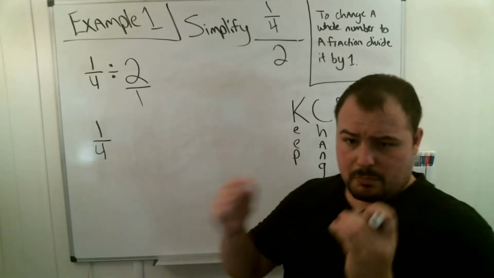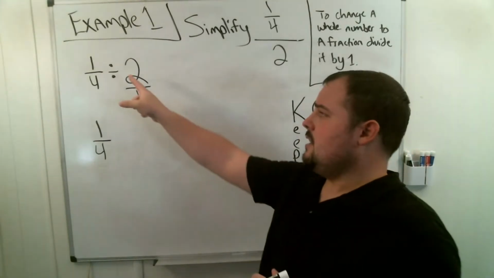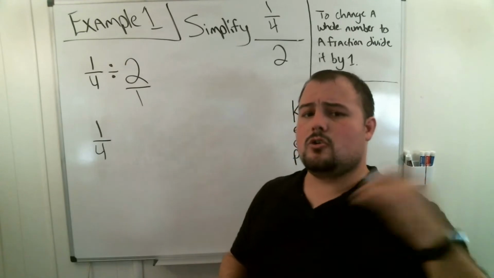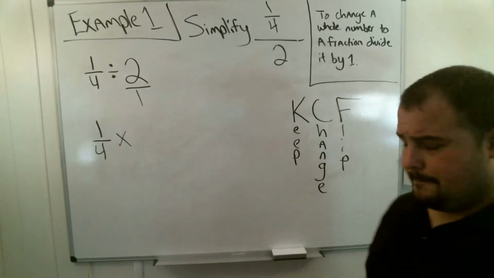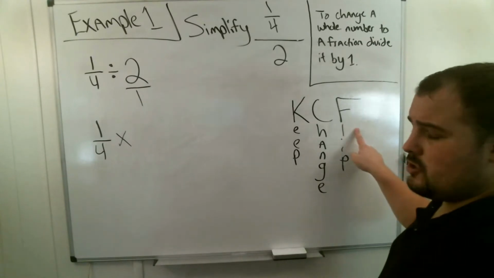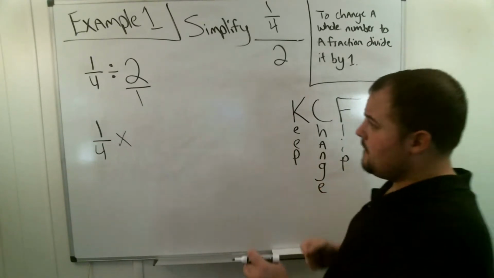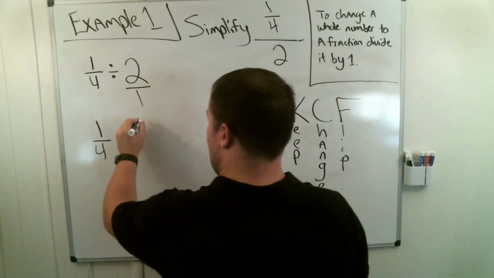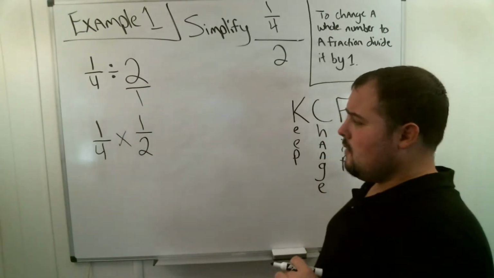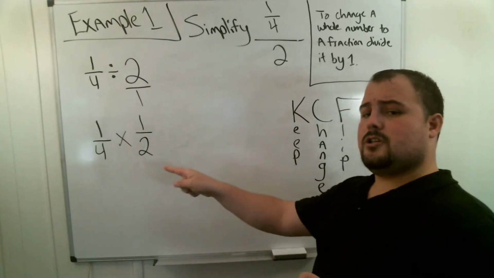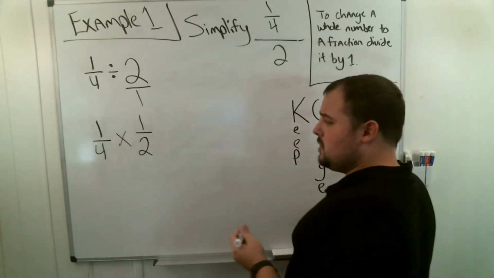Change. Change my sign. That's what change means. I'm going to change the division sign to a multiplication sign. And flip. Flip means we take the fraction that we have and we flip it. So I have 2 over 1, and now I'm going to flip it so it's 1 over 2. Now, all you have to do is, since I have a fraction times a fraction, we just multiply straight